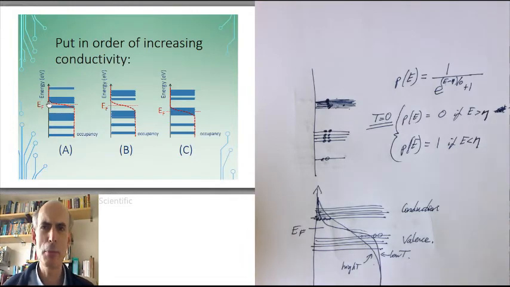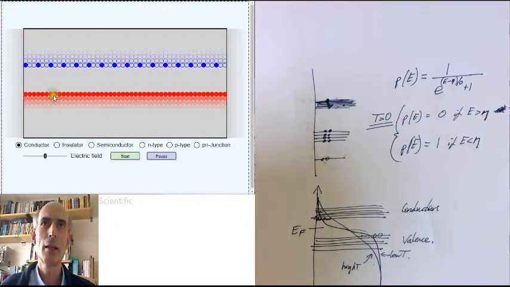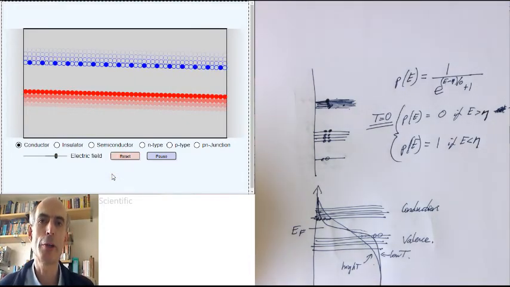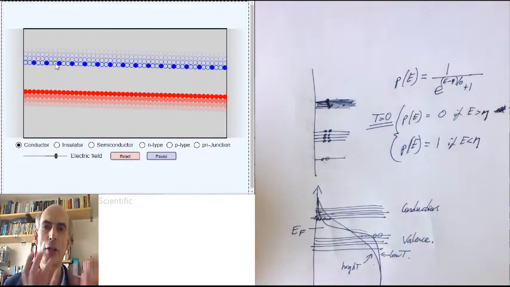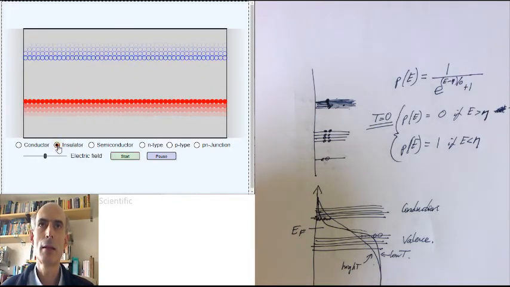I can show you a little animation of these ideas. Here we have a conductor. Its valence band is completely full, but there are quite a lot of electrons up here in the conduction band. So if I tilt this slightly, which would be the result of putting an electric field on, and press start, we get quite a lot of current flowing, as all of these electrons quite happily move from one state to another associated with somewhere else in the lattice, and they're moving through. No problem. An insulator, on the other hand, has a large gap between the valence band and the conduction band,